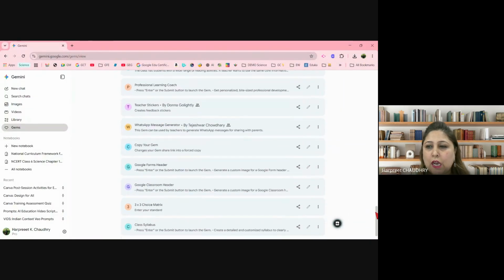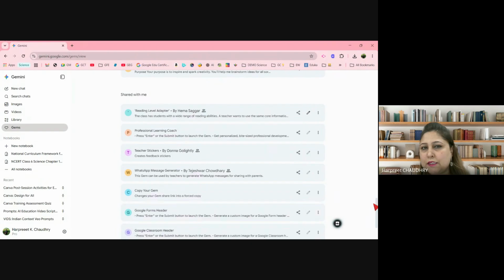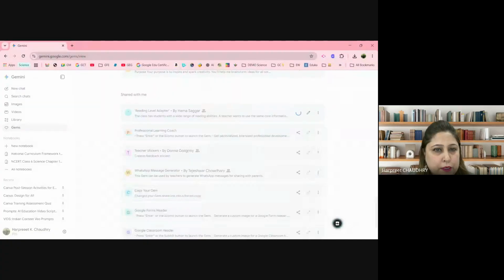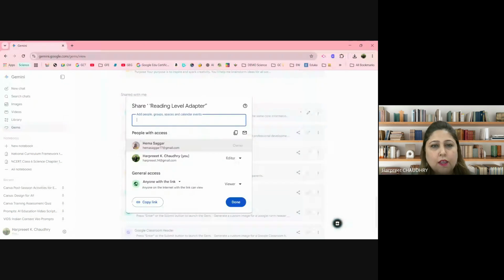Now, just to let you know before we proceed, at the end of my session, I would be sharing some editable copies for you. So simply when you need to share something, you click on the share button, which is the regular Google share button, and a regular share pop-up appears. This is where you can share it with people.